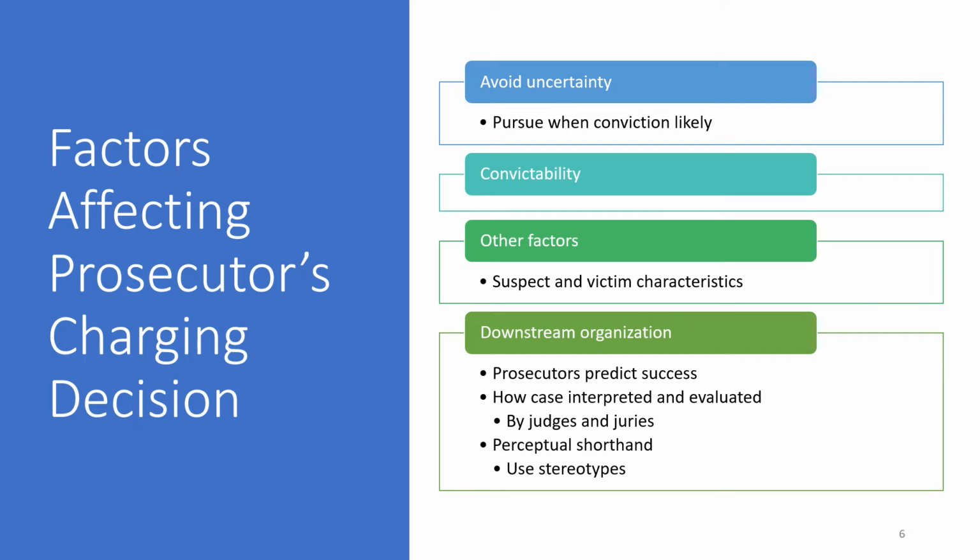The community as a whole feels like it's kind of a waste of time and energy and money. Okay, and other times they do it based on perception and unfortunately some stereotypes. But these are all things that prosecutors think about when determining what to charge and whether or not they should